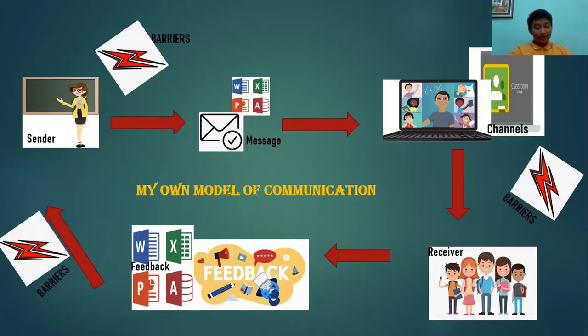Those barriers are some reasons for misunderstanding and misinformation between the sender and the receiver. So barriers are a normal element in our communication process. It depends on the sender or receiver what adjustments they make to avoid those barriers to continue the communication